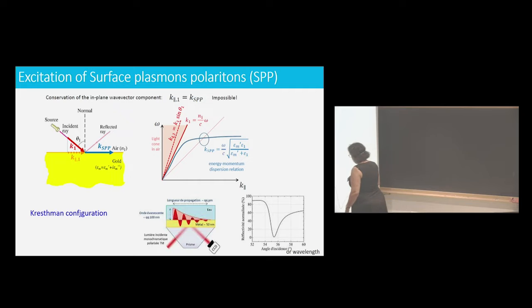And in that case, when you do this experiment, I illuminate the surface and I look at the reflection here, and I measure the intensity that I have here, what I get is a curve like this. This is the absorption, the reflectance curve. So here you have an absorption. And this peak here corresponds to the quantity of energy that you have put into the plasmons. So that means that when you do this measurement here, this is the signature of the coupling to the plasmons.